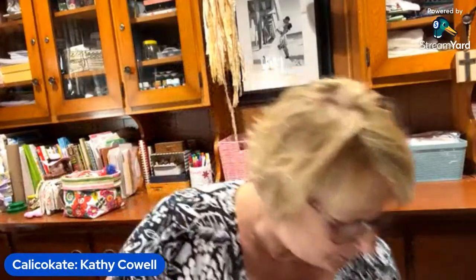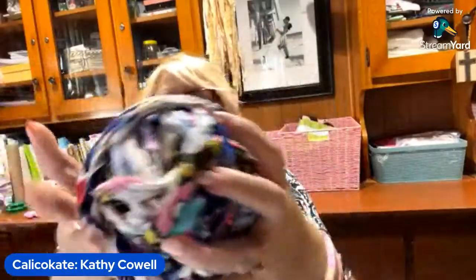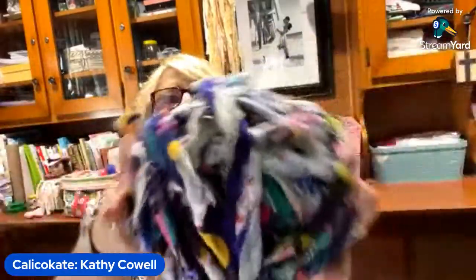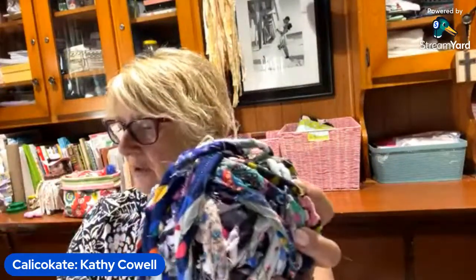And once I get onto this ball, I'll be going pretty good. But until then, you're going to see me going back and forth down to the floor to get another piece of fabric. Now you will notice on this piece here that, and oh, there's the end, that